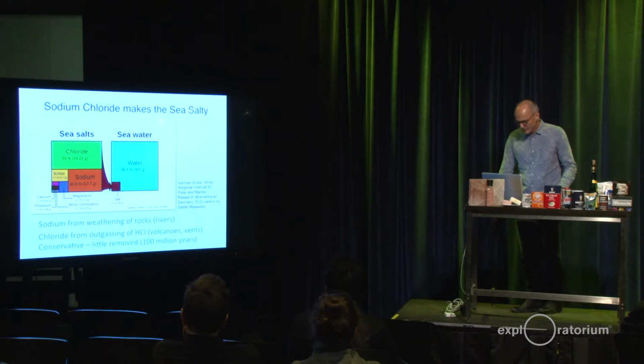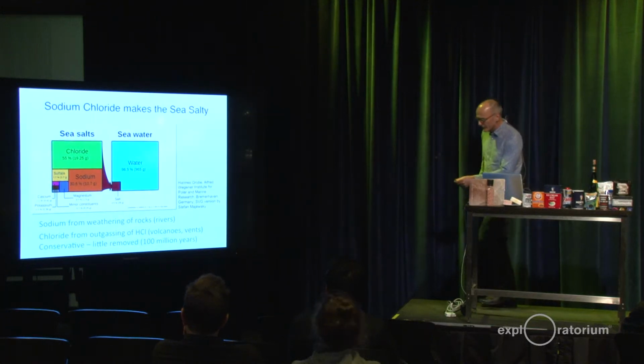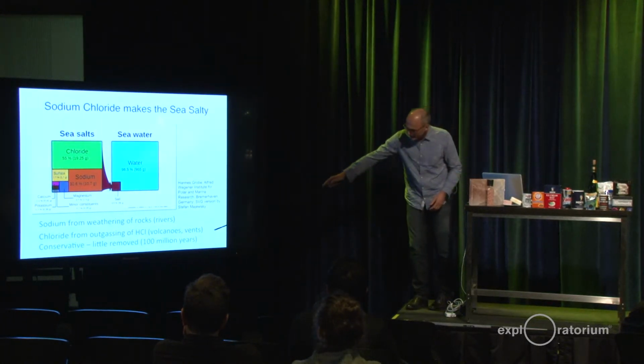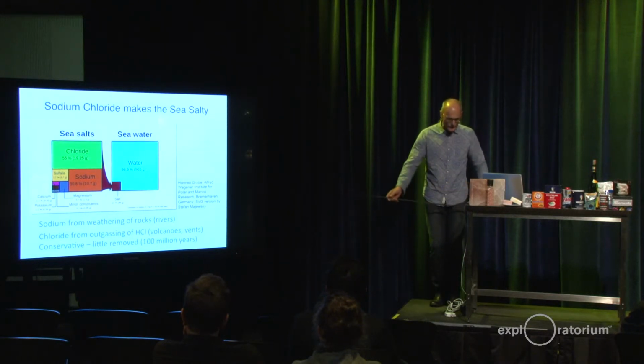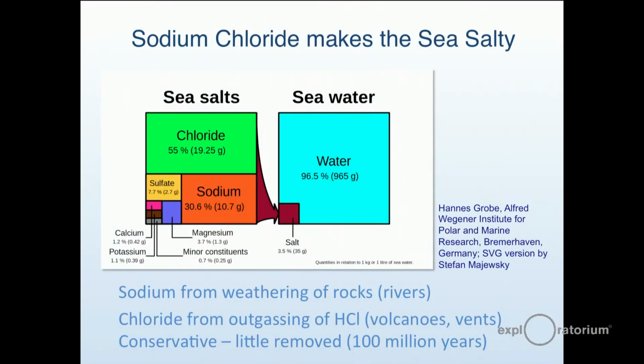So at the bottom I have this 100 million years. What do we mean by that? Well, basically those substances are conservative. They're not being processed, they're conserved, and probably a sodium ion is spending 100 million years from the time it came into the ocean through weathering the rocks, and maybe it lands up in a salt marsh and precipitates out into an evaporative deposit. That's about the only way sodium gets out of the ocean. So it's pretty much there forever.